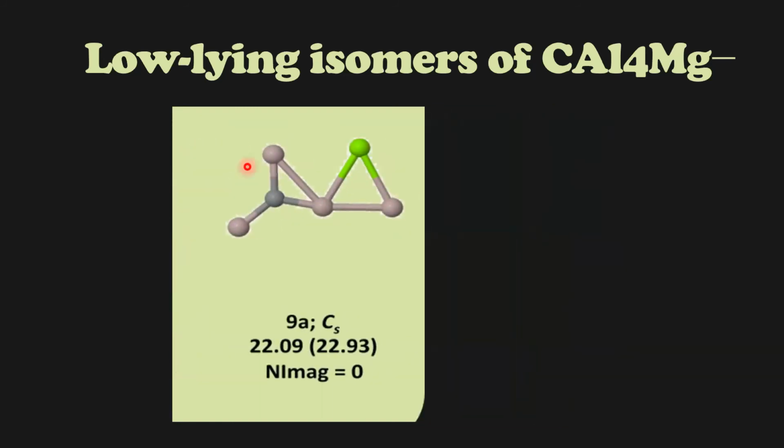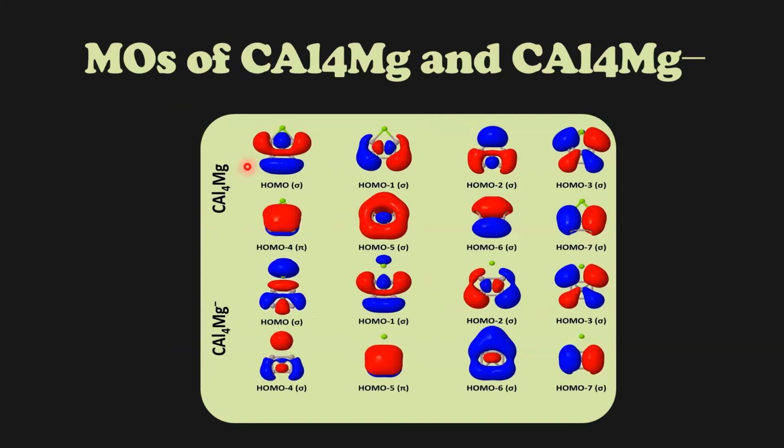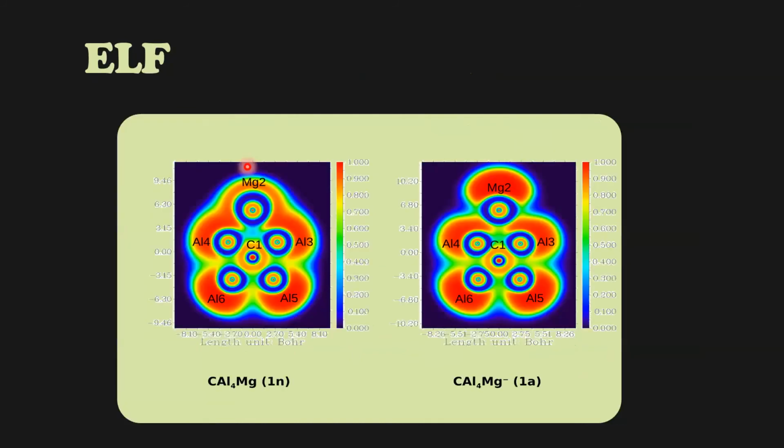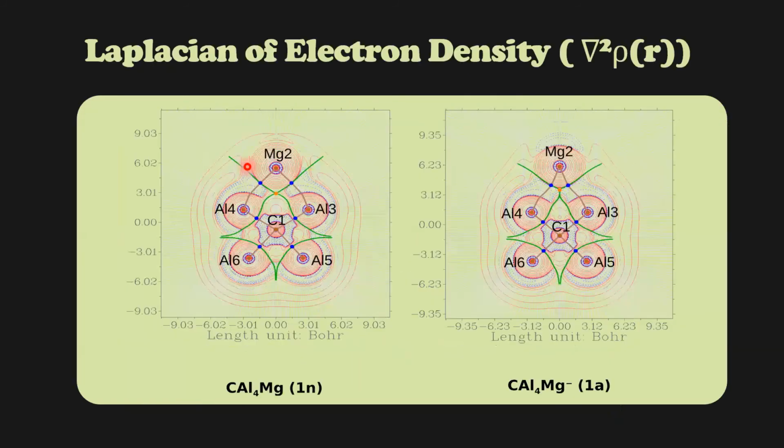After publishing this, we also did standard molecular orbital analysis to see how they are, and we also did an ICS to look for the aromaticity in these systems. We did electron localization function to look at the interaction between the atoms. We also did Bader's charge analysis to look for the bond path and the critical points, to have better confirmation that they are actually bonded. So we get this bond path between these aluminiums and carbons.